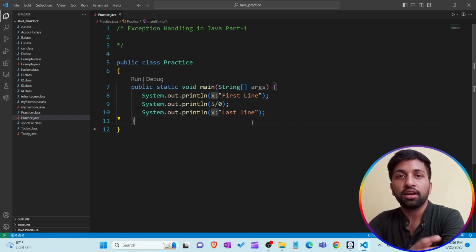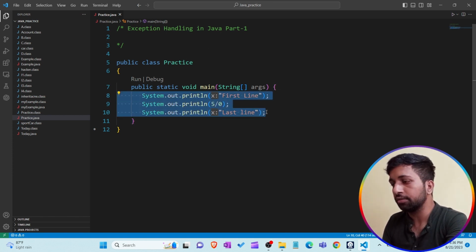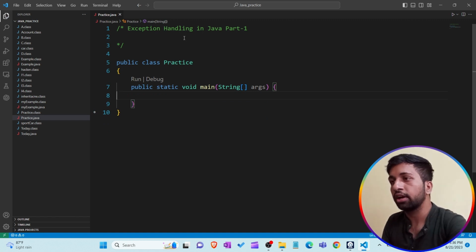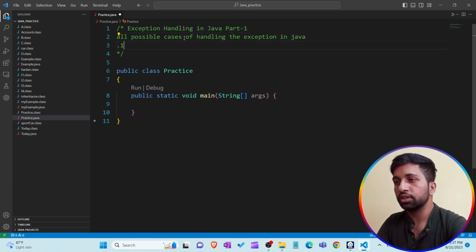What I'm saying, what are the possible cases of handling the exception in Java? So let's take examples one by one. First of all, I remove this line. Now I'm going to write all possible cases of handling the exception in Java. Okay, so first case, that is default throw